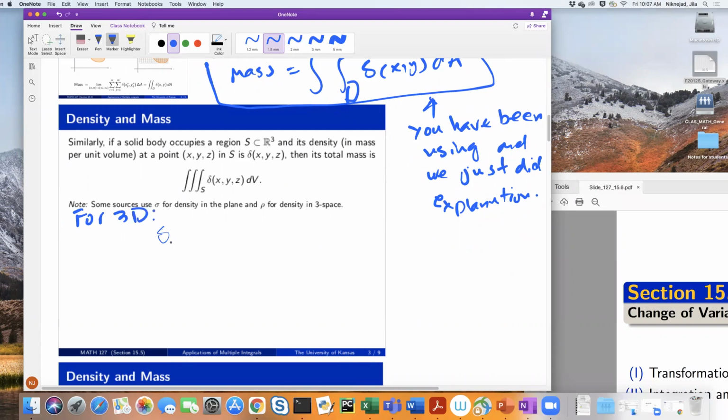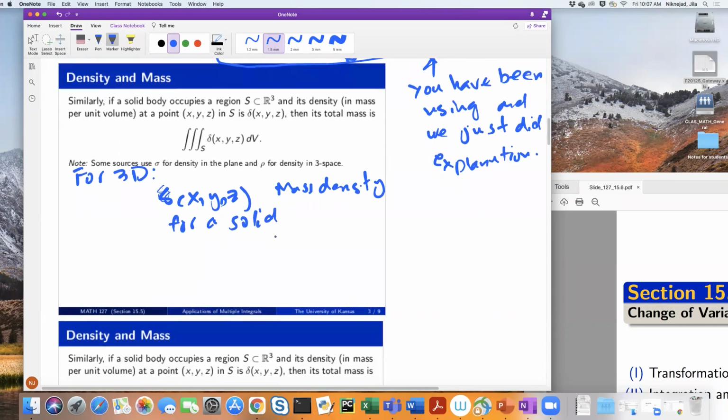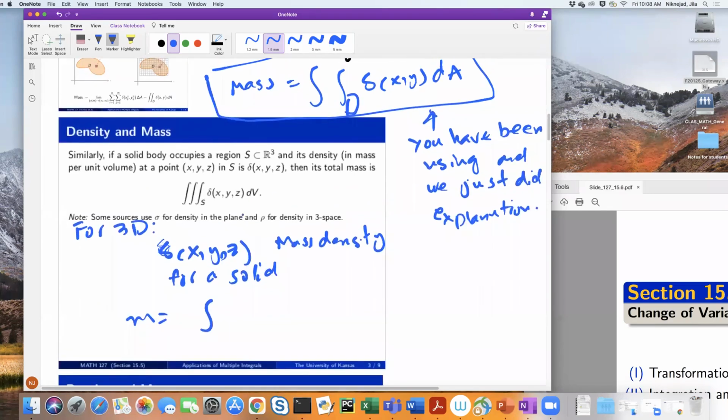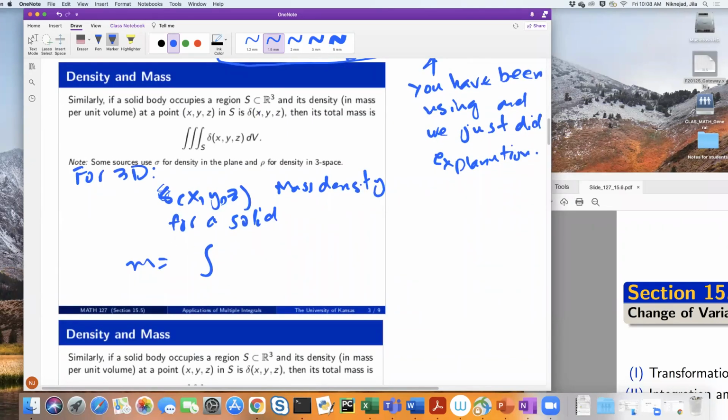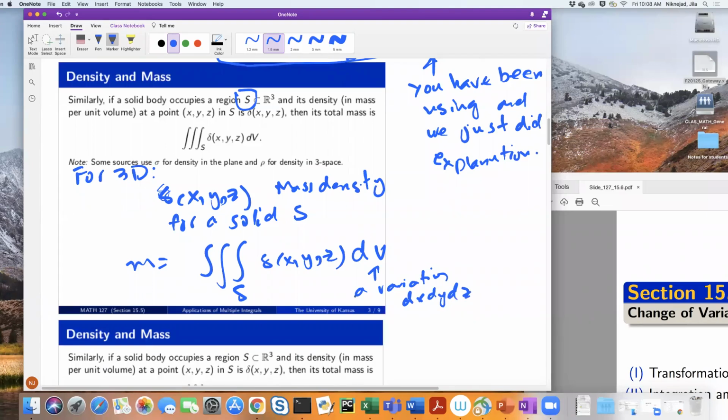For 3D, if I have the mass density function at any point in this space for a solid, then with similar things, except for the little rectangles, you will have little cubes, and you end up with the mass, little m, being the triple integral over the solid, we call the solid S, of the density dV. dV is a variation of dx, dy, dz, right? It's the volume element